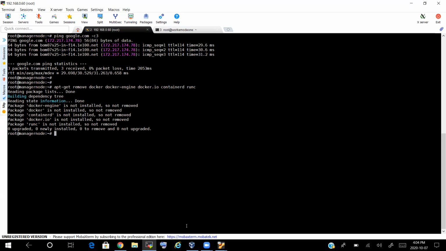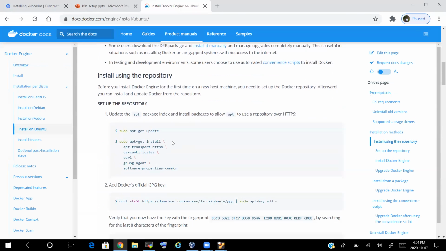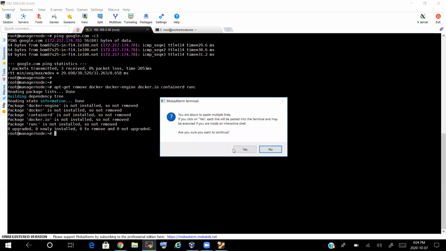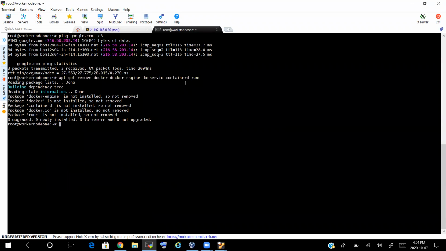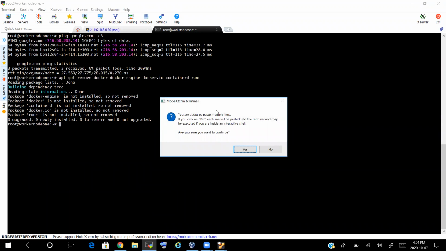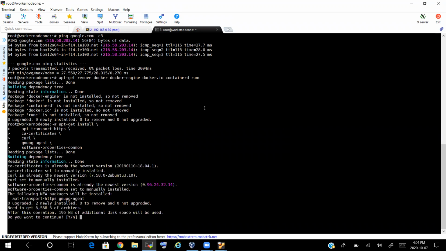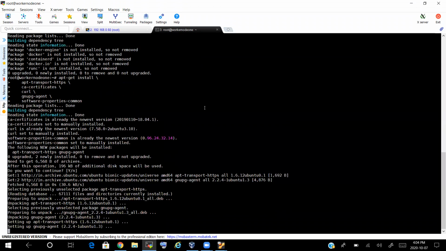So I'm good to go and install Docker with the latest packages. Let me install the basic minimum required packages. I have to do the same thing on the worker node as well. On both the nodes, however many nodes you have to join the cluster, on all the nodes you have to follow the same steps.